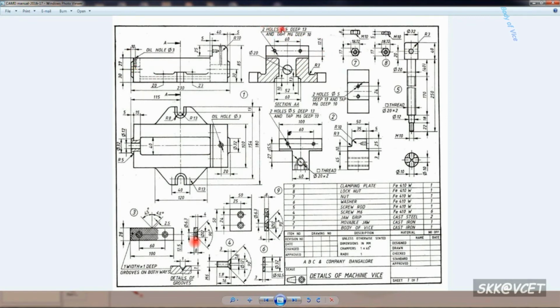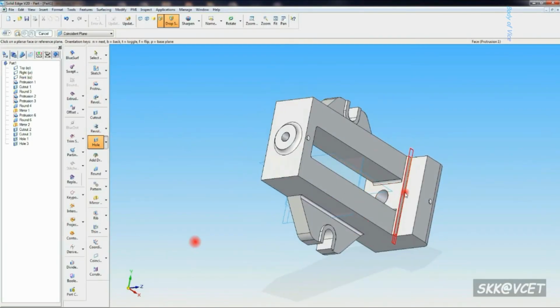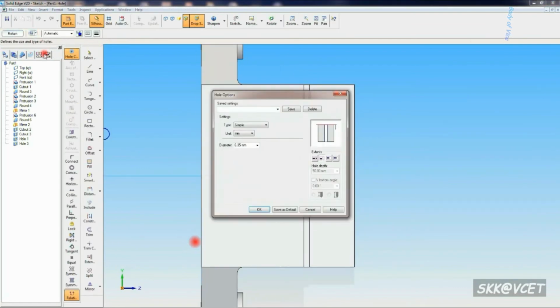Now you have to make 2 holes of diameter 5, depth 13, and tap M6, depth 10. Each hole is 60 mm apart. For that also use the hole command. Select that surface, then using the hole option, make a threaded hole.